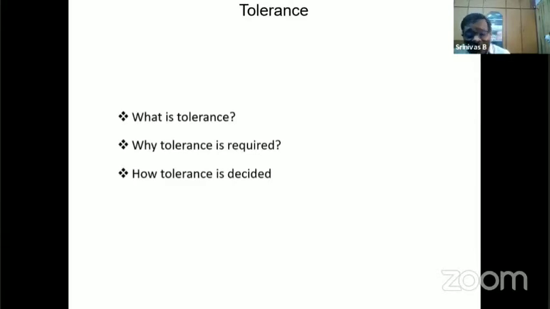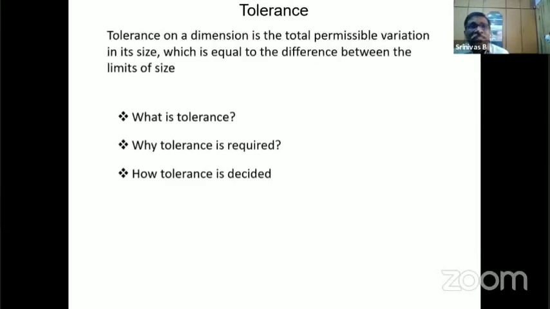Why is tolerance required, sir? Can someone answer? May I give you liberty to unmute and answer why tolerance is required? Sir, question and answers will be reserved for the end. Because it's very short, be fast and then cover as much subject as possible. Because we want to learn more from you. Okay, that's fine.